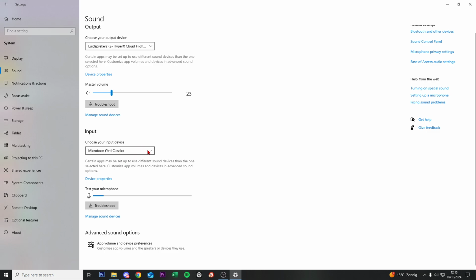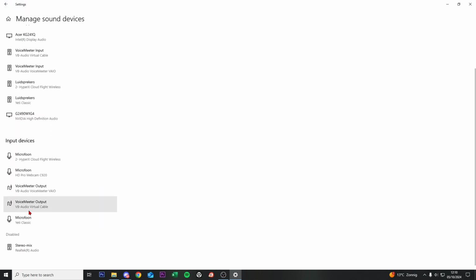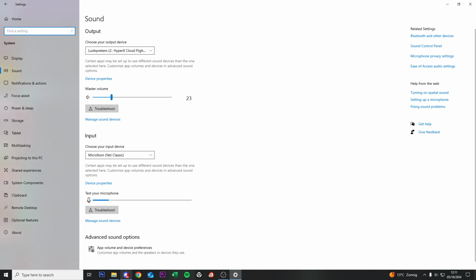When your mic is not popping up just right here, then you need to fix the connecting with your mic in your PC, because then that is the problem. Then after this, click on Manage Sound Devices and make sure that your mic is standing just right here. And my mic have that, so what we're gonna do now is go back, and then now we go to